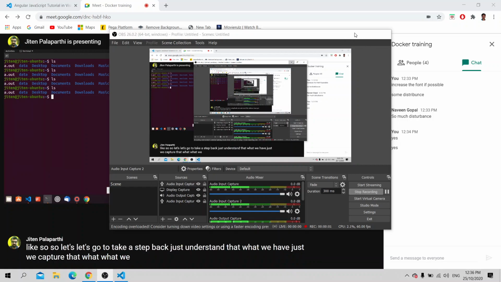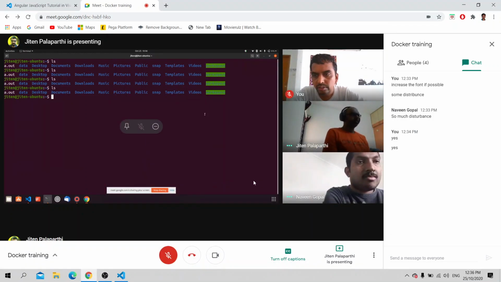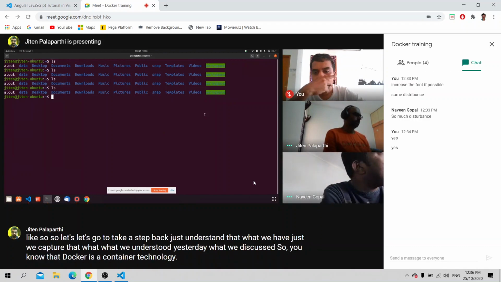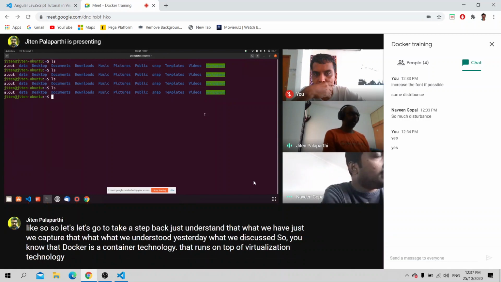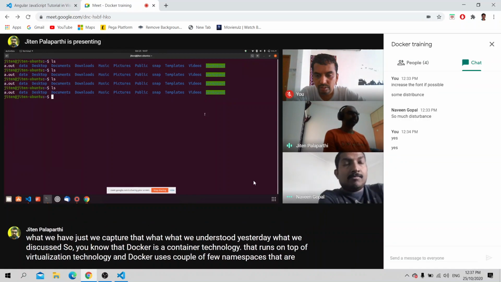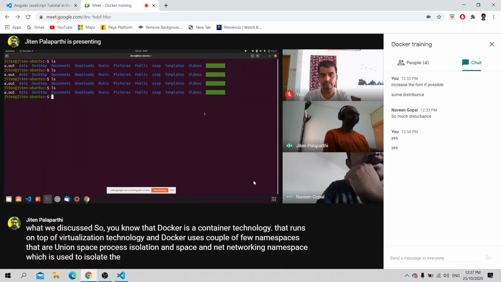We understood yesterday what we discussed. So you know that Docker is a container technology that runs on top of virtualization technology, and Docker uses a few namespaces: the PID namespace, the process isolation namespace, and the networking namespace, which is used to isolate the container networking from the host networking.